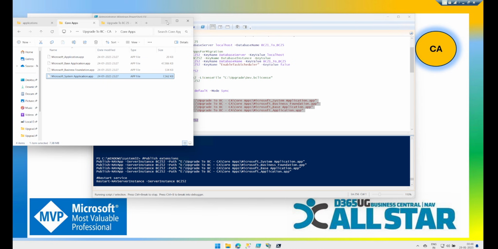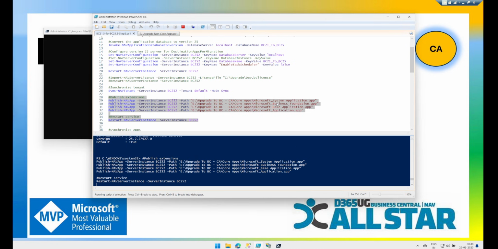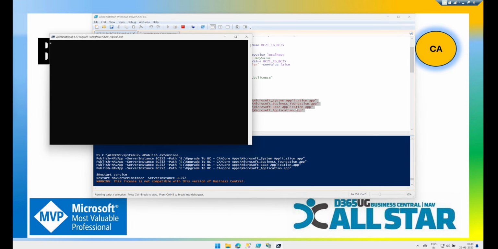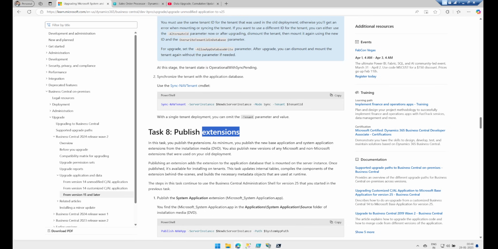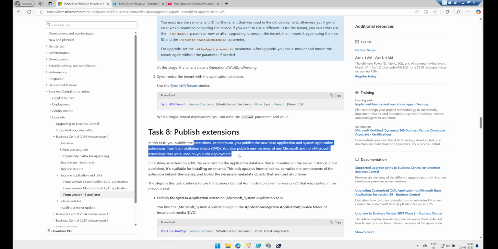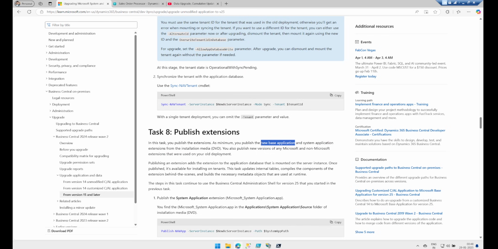So let me walk you through that order. The process follows the system application, business foundation, base application, and application, because there are dependencies of these applications on the prior extensions. You can also notice that when it comes to publishing extensions, the Microsoft article also talks about that: at minimum, you will have to publish the new base system extension, which the base application has a dependency on, the foundation app, as well as the